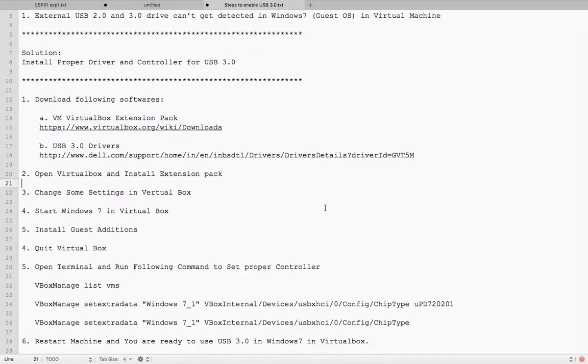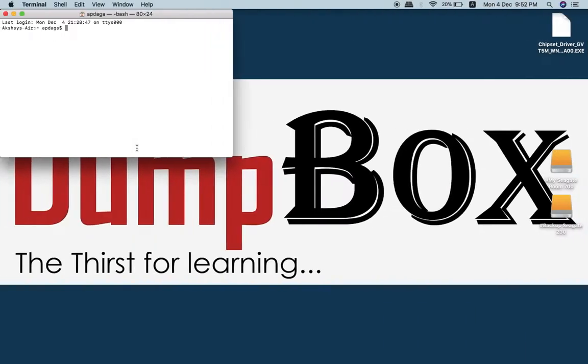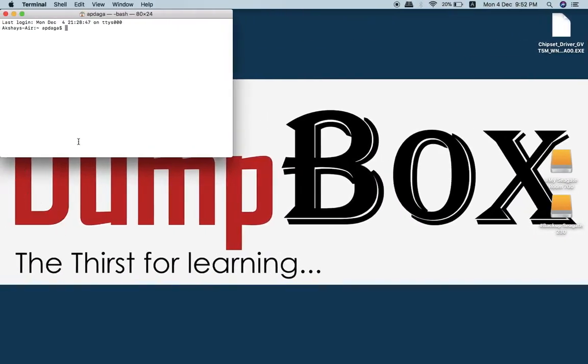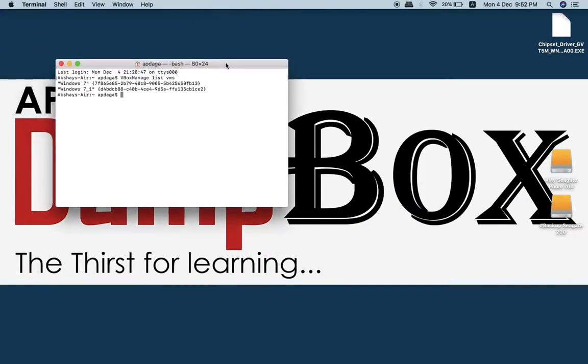We have installed the driver. Now you have to set the proper chipset for this also. So go to terminal and run these commands. See, when you run this command, it will show you the list of all virtual machines installed in your VirtualBox.